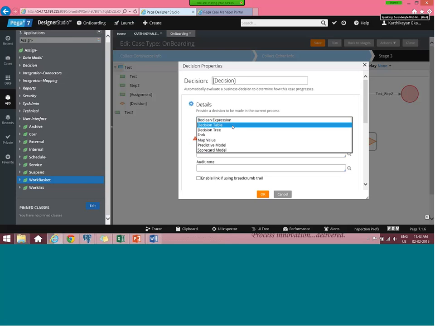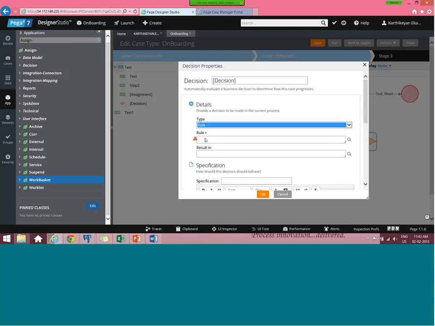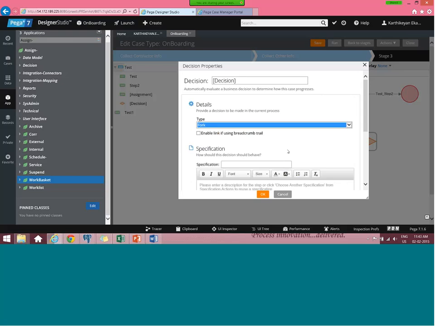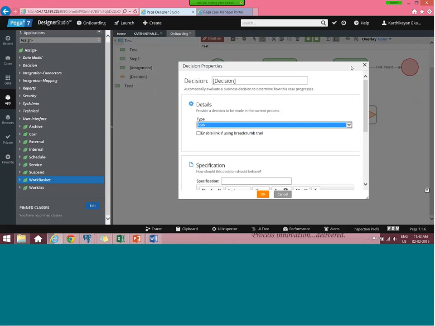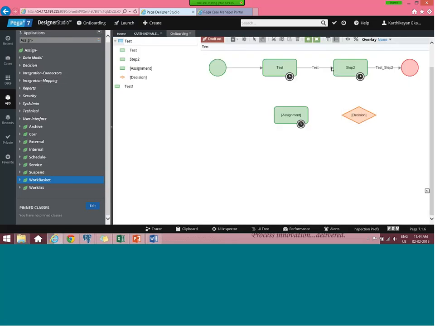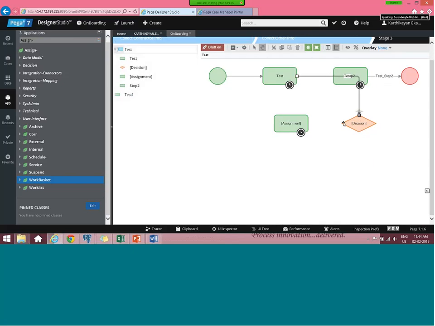Here you can choose whether you want a boolean, decision table, decision tree, fork and mapper. This is already existing; these two will be covered later. What is predictive and what is scorecard model? We mostly use fork. That doesn't need anything on your inputs. You just directly connect to the rule here, and then the output one should be if and the other should be else.